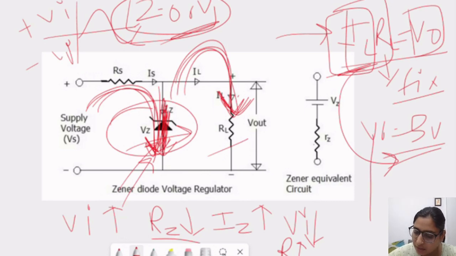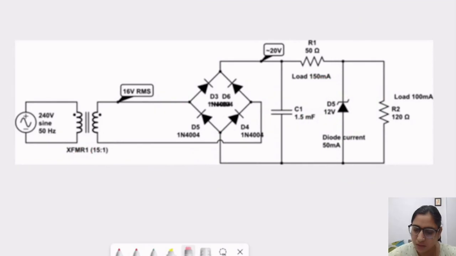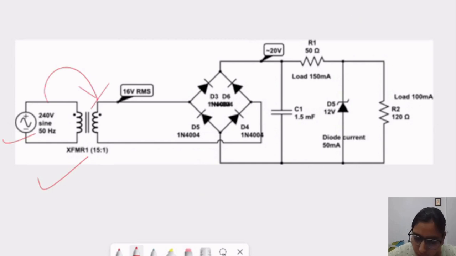Now for today, the last diagram is our regulated power supply. This is our final regulated power supply circuit. In this we can see that this is a 240 volts 50 hertz sinusoidal wave. Now it is given to the transformer for a step down, so this is 16 volt RMS we are getting. We already told you how the step down transformer lowers the voltage at 10:1 or whatever the coil ratio inside the secondary or primary is; the transformer working I already discussed in earlier classes.